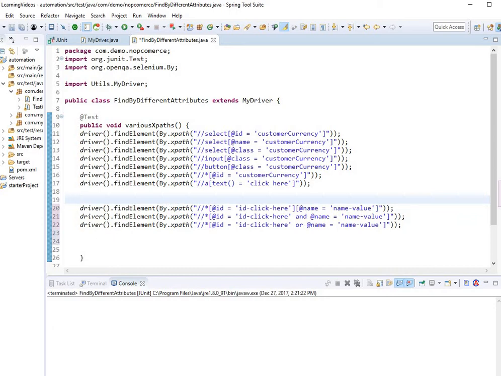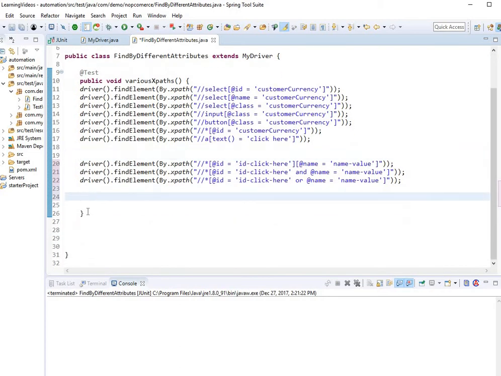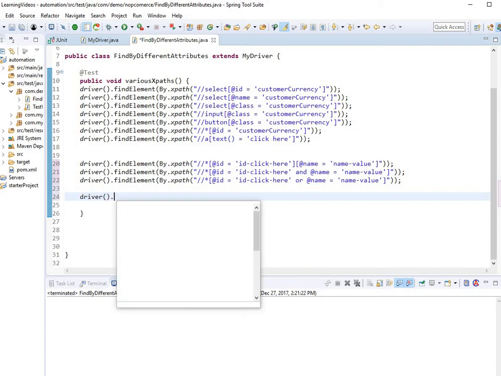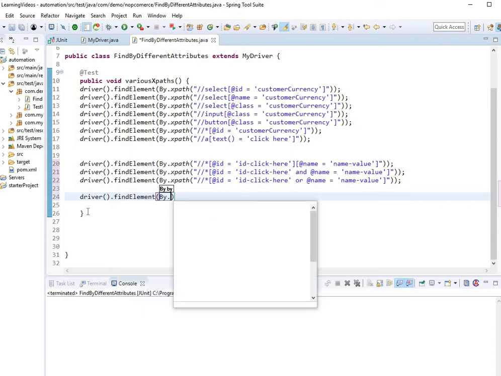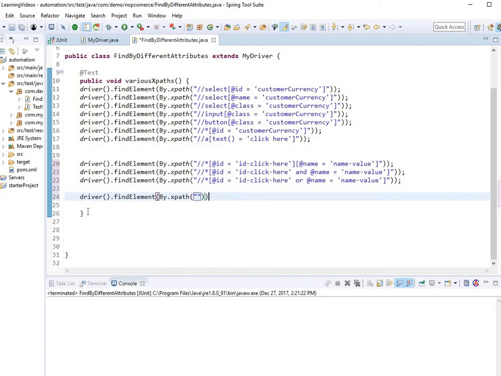What is next? What do you want to do? Sometimes you want to deal with the contains. Okay, what is the contains? Let's put the expression here. Contains is something like you are inside here. Let's put the first expression, and then I should write contains, right? And then inside the parenthesis, what I have to write here is the attribute name. So for example, it is ID, comma, I can do my